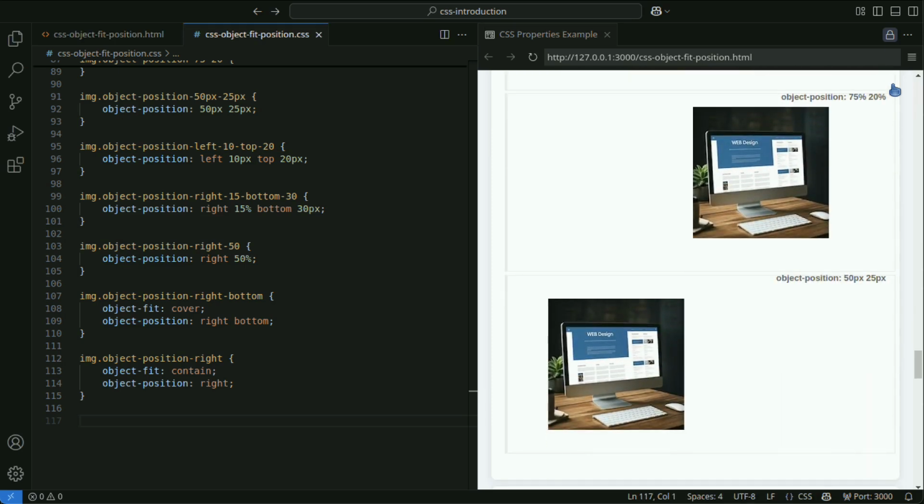When specified as object position 75% 20%, the object is positioned at 75% horizontally and 20% vertically. When specified as object position 50px 25px, the object is positioned 50px from the left and 25px from the top.